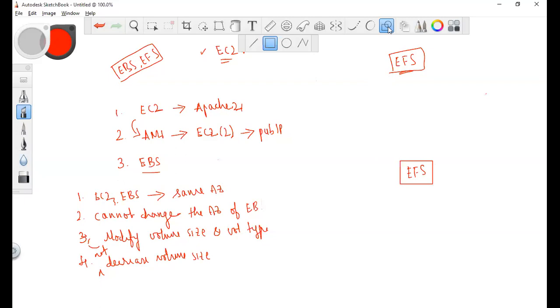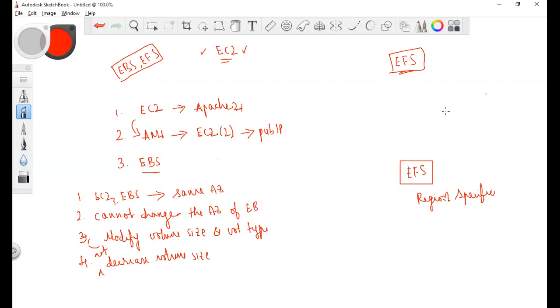is actually region specific. That means the EFS servers are replicated in all the availability zones.